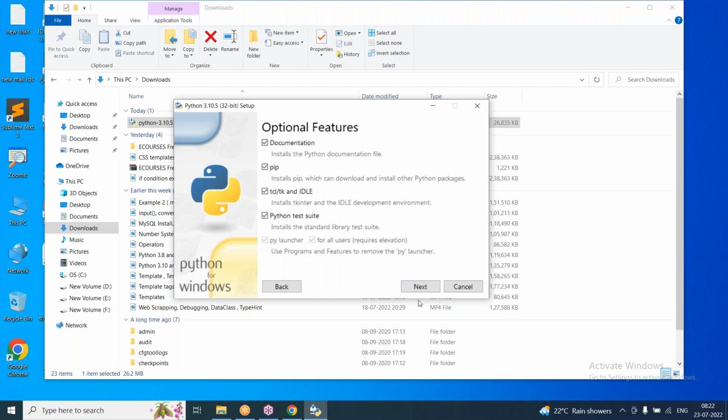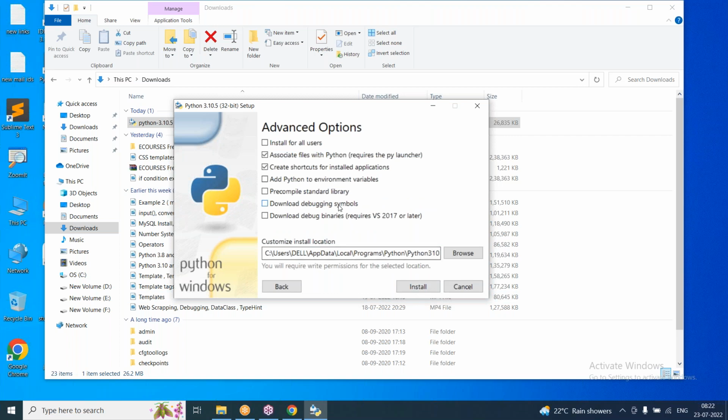And for all users is selected. Next. And here you can see associate files with Python, and it requires PyLauncher. If you want to install the related Python files, we have to use this. And here you can see create shortcuts for installed applications. Whatever it is installing, like interactive mode, batch mode, IDLE, documentation, if you want to create shortcuts for all these, then we have to select this. And here you can see add Python to